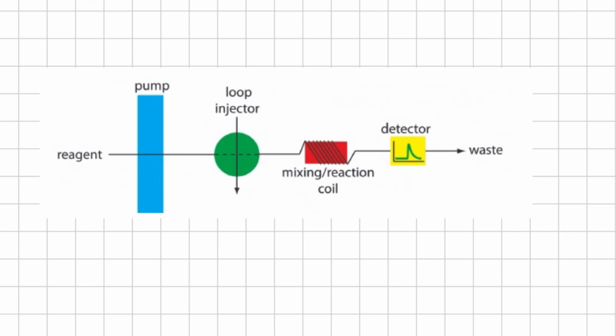So here we see that a reagent is coming, the pump is used, which is used for pushing things, and this is the injector, where the sample is injected. This is the mixing or reaction coil. It takes some time to pass or homogenize things, and then here we have used atomic absorption spectroscopy or